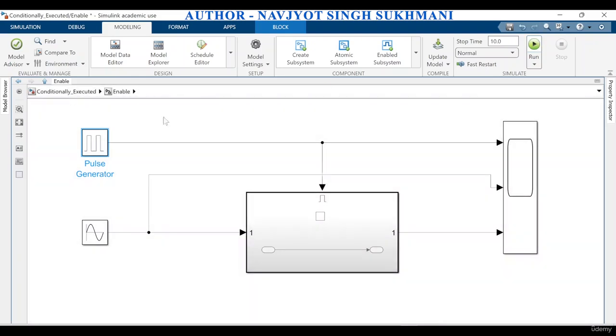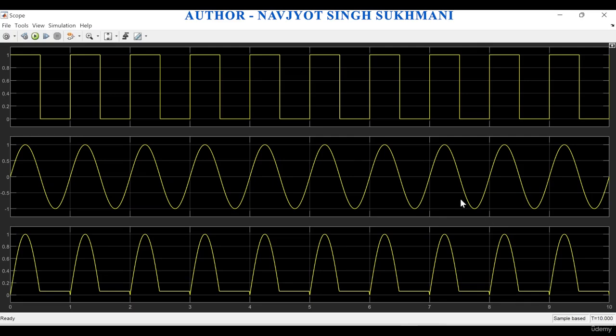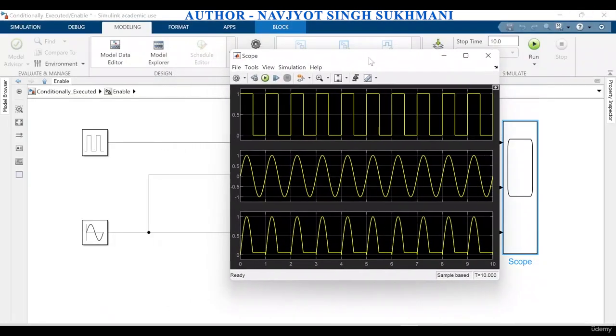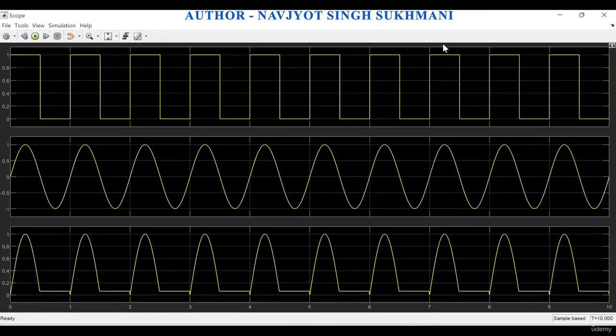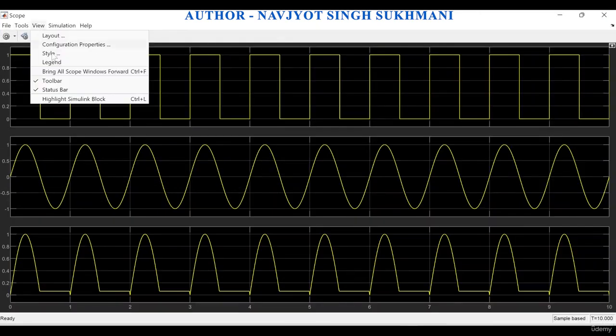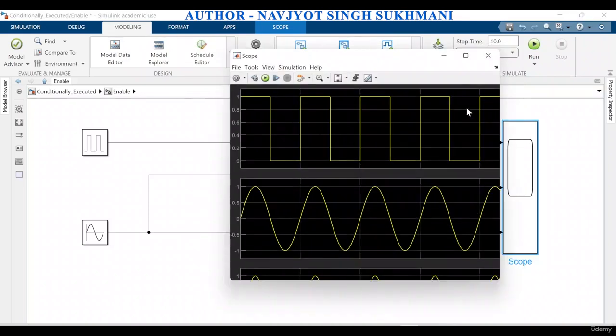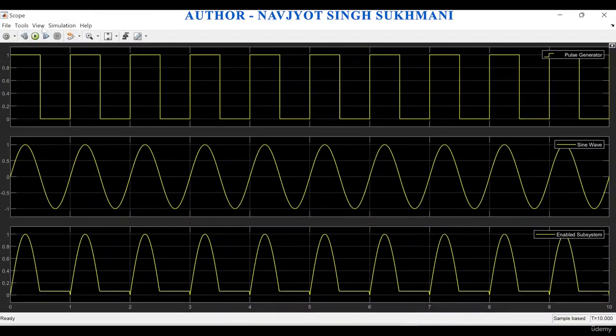Now we can see the output in this scope. Here you can see in this scope where I have the output. I'll go to View and make it fit the region, so I get some names here, showing which signal is denoting which wave. Here you can see this is the pulse generator, this is the sine wave, and this is the enable